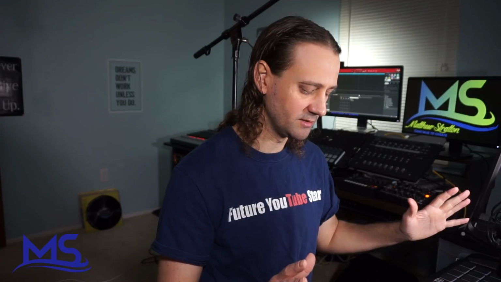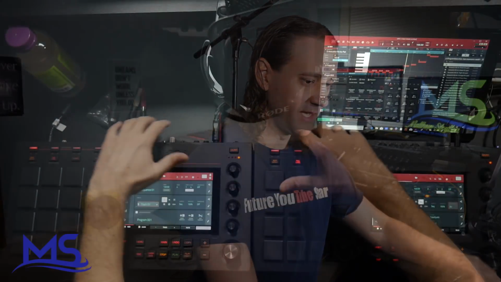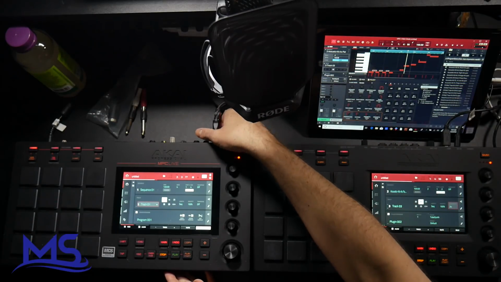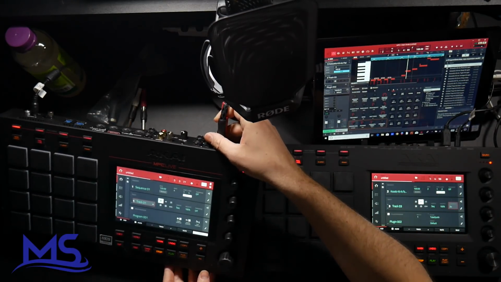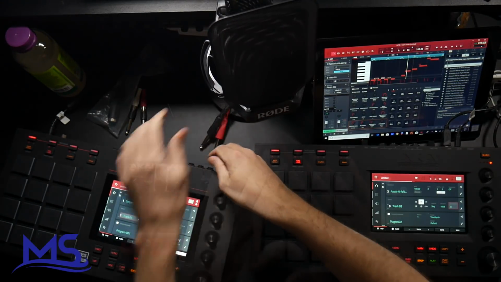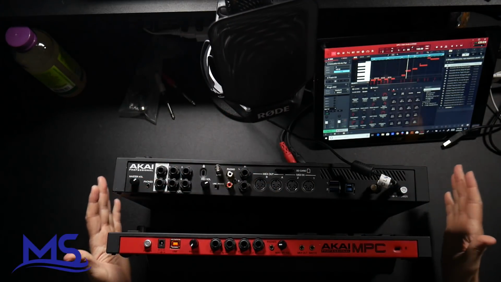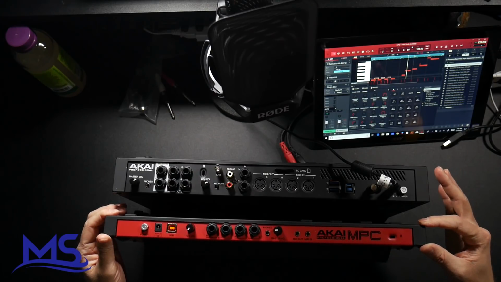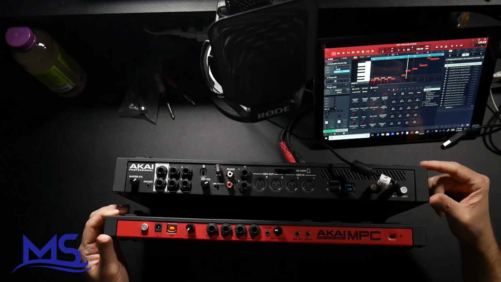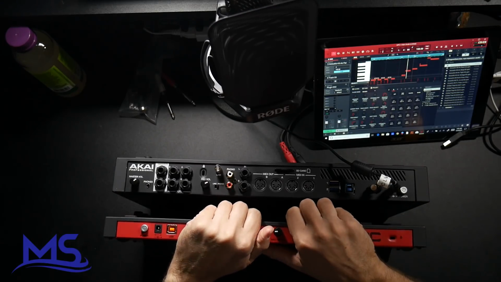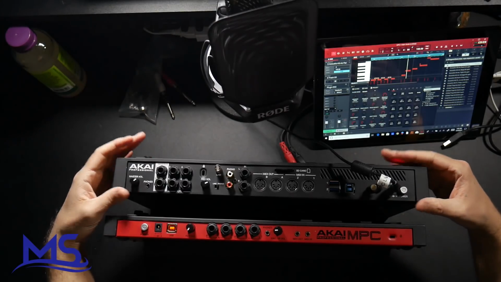Second point is the inputs and outputs are different. Let me unplug this for a second. I want to go over the hardware differences between the two of them. The MPC Touch is about half the height of the MPC Live, because it doesn't have all the components that the Live has to be able to run